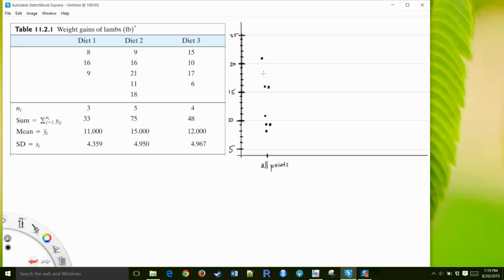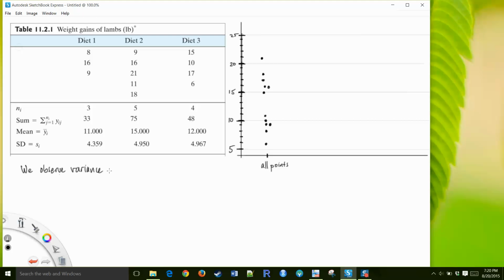So we observe variance between the different amounts of weight gained by the lambs. And so the question we have is,